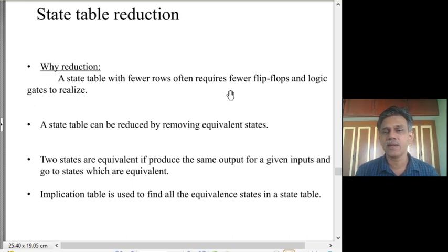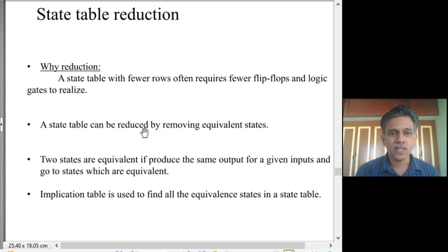Well, now here is a little trick, the tricky condition that you have to encounter. If you look for a condition where the two states have to go to the same next state, then they may apparently go to two different states, but those two next states, which by initial labeling are different, may themselves happen to be equivalent states, in which case we have to redefine our definition of equivalent states and make it more general.